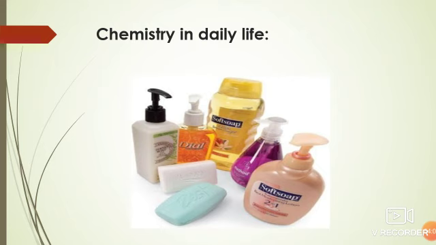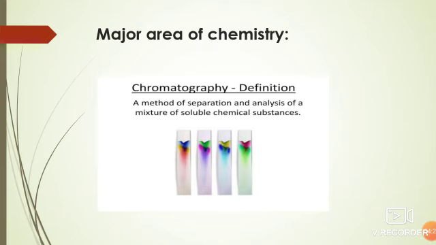Besides all the types of chemistry, the most widely used one is the analytical branch. There are various practical applications inside it, and there is one major area of analytical chemistry that is important in its application to diverse scientific disciplines, and that is chromatography. What is chromatography? It is a technique of separation of a mixture by passing it in solution through a medium with which the components move at different rates.